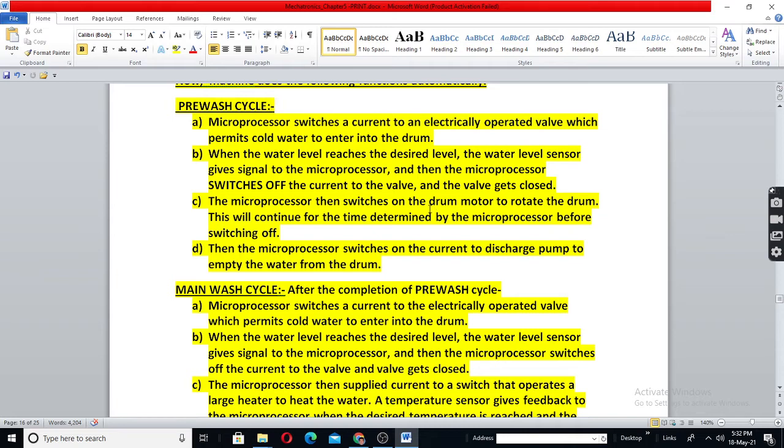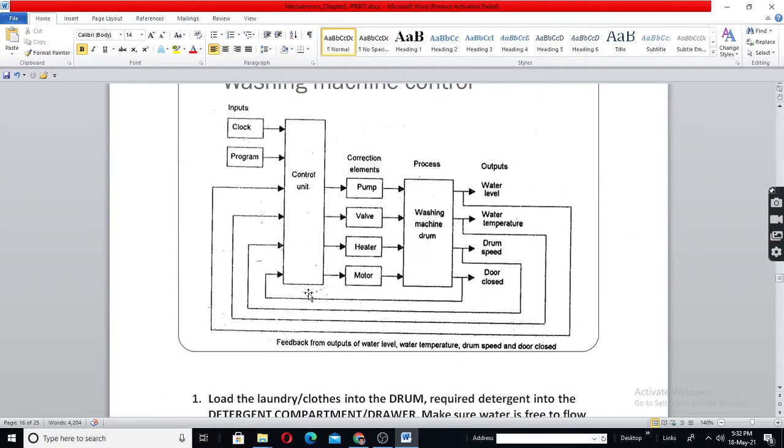Now for heavily soiled clothes, some dirt will be removed. Next, after that time, the microprocessor will switch on the discharge pump. The discharge pump drains the water, removes the water which is inside the washing machine.